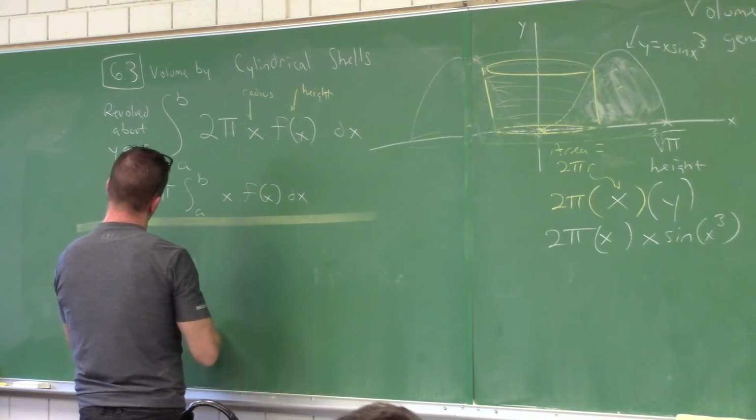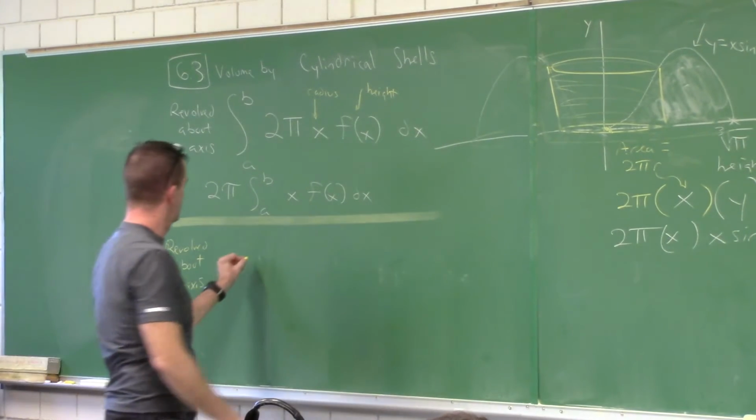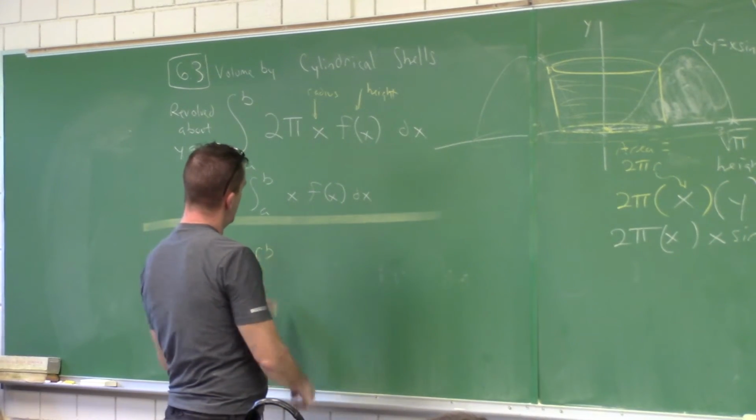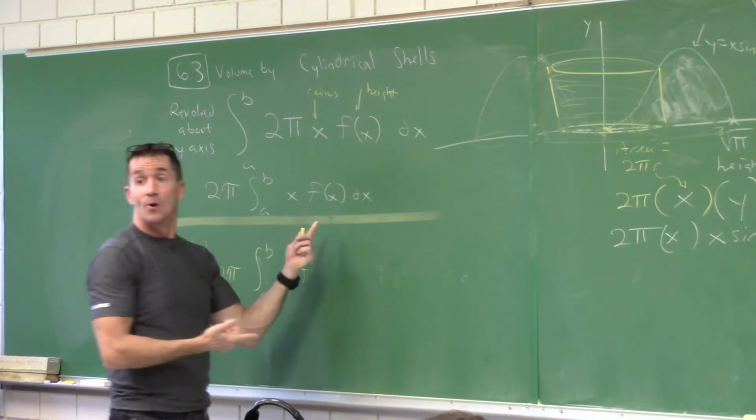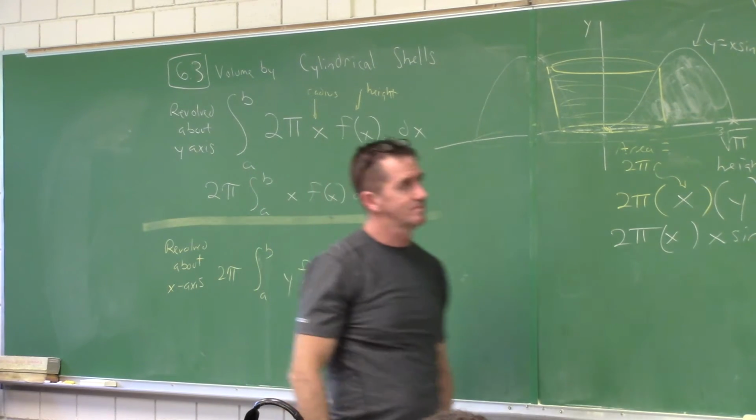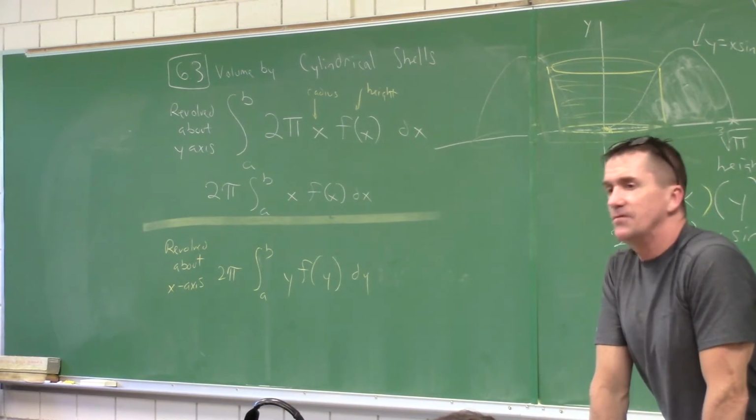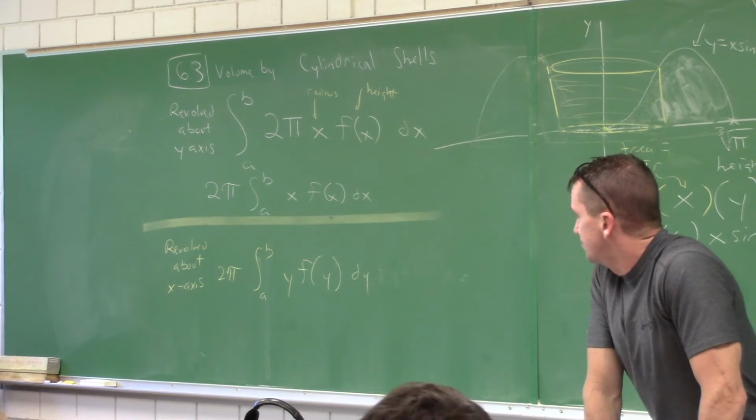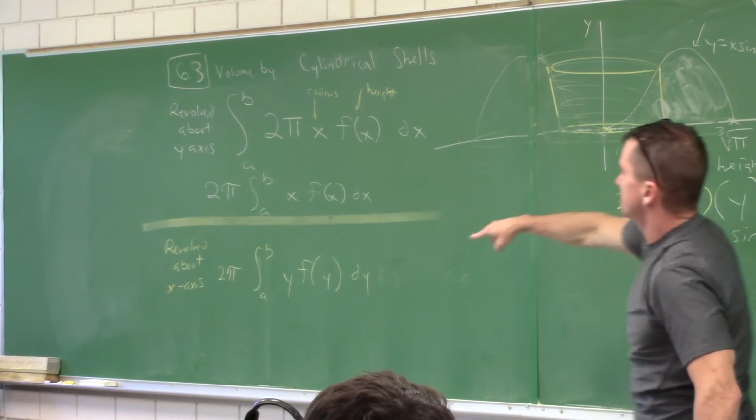All right? I think it's a good idea. Factor out the 2 pi. Put that out in front. A to B, what letter? y. f of y. And then lastly, we'll work this problem together. That would find the volume by cylindrical shells if that solid region you're talking about is going to be revolved